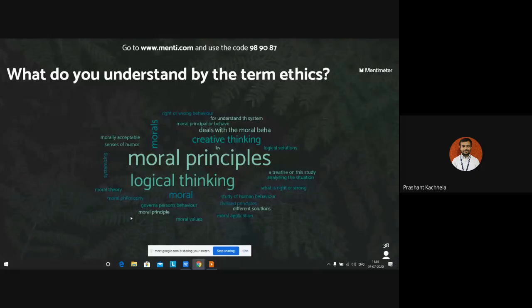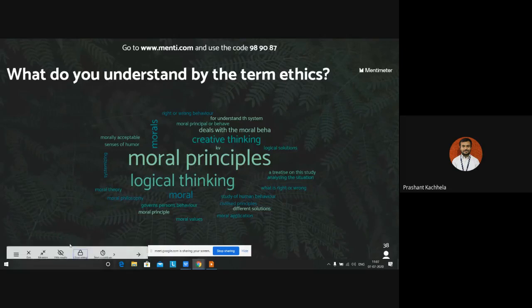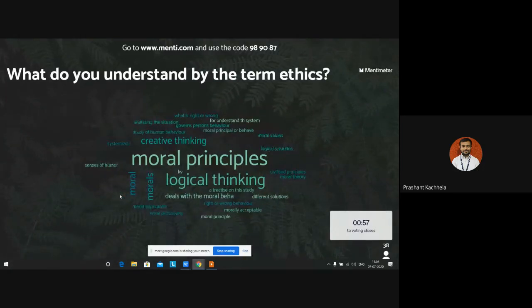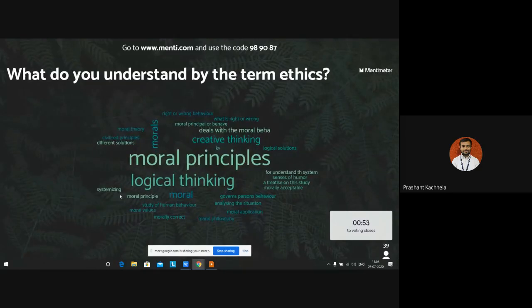38 now. I think I have to start the timer so that we can go for the next question. So I started the timer. It is of 1 minute. If you haven't replied, reply in this 1 minute. Otherwise, it will close the voting automatically. So now 39 people responded, and these are the different answers as we can see on screen.